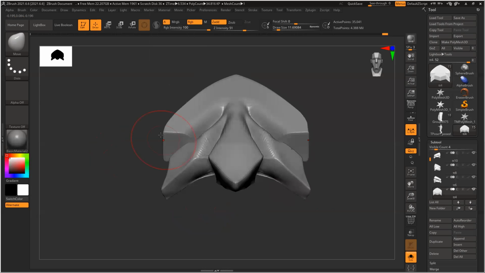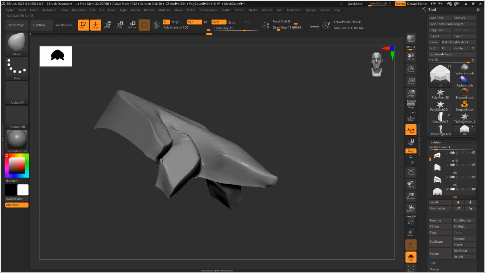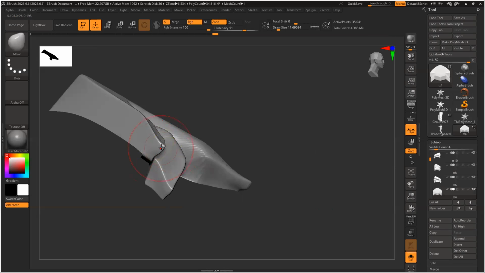Move away. So you see, I'm modifying this and this is also getting affected. So in this case, instead of using Move, I'll use Move Topology, BMT. So it will affect only that section.